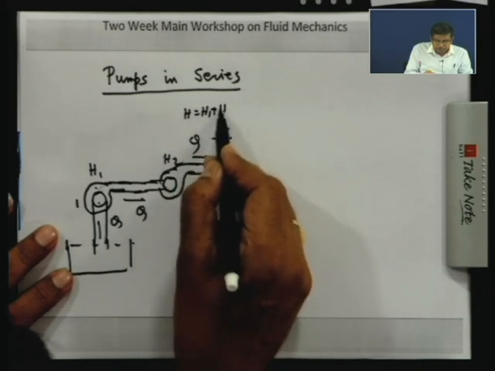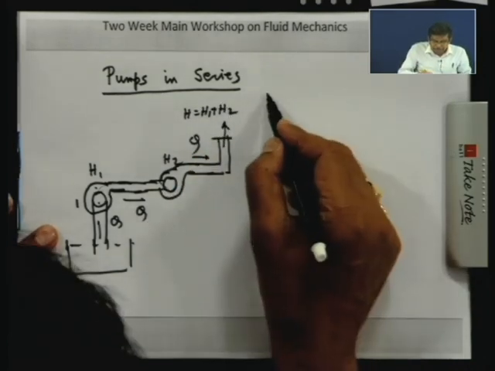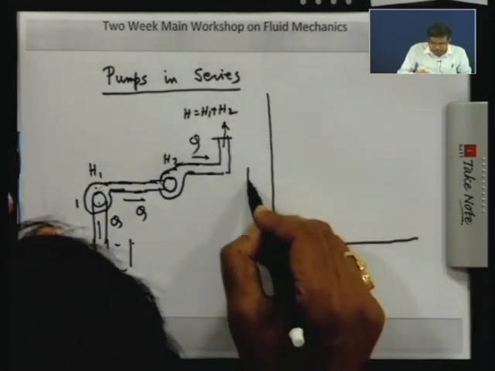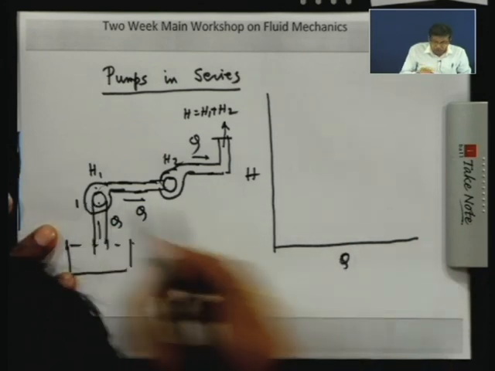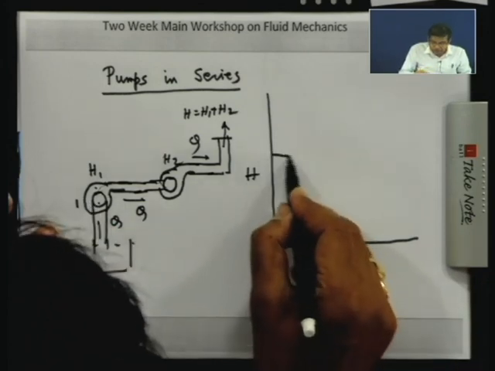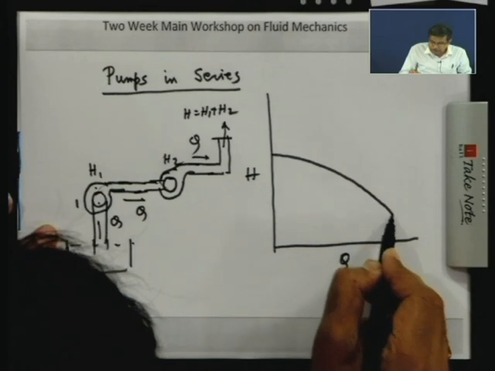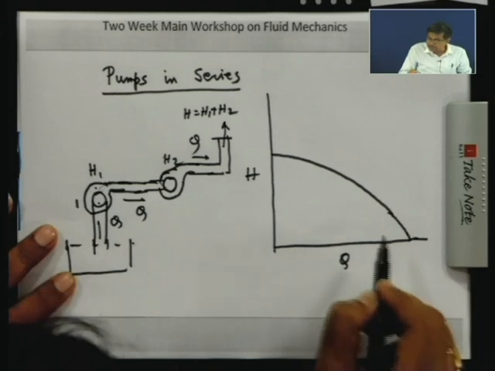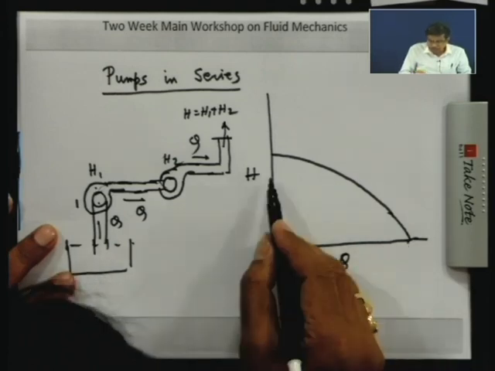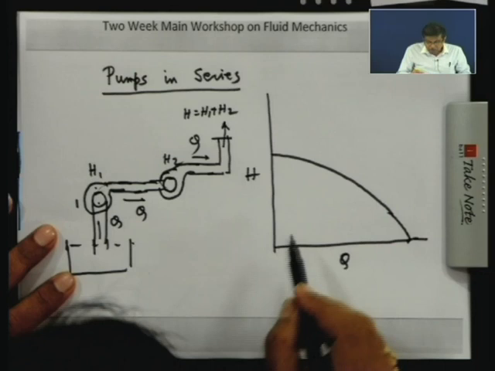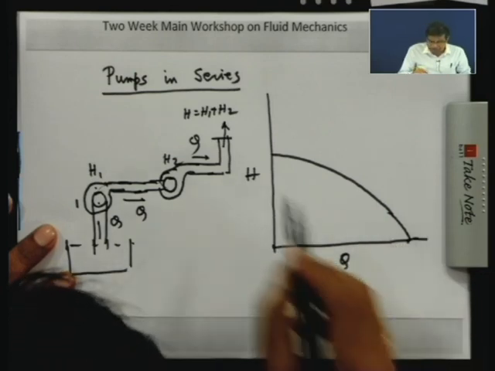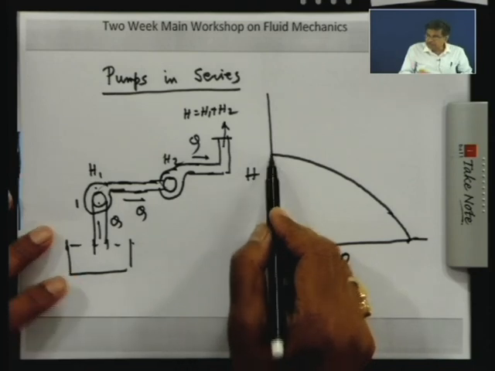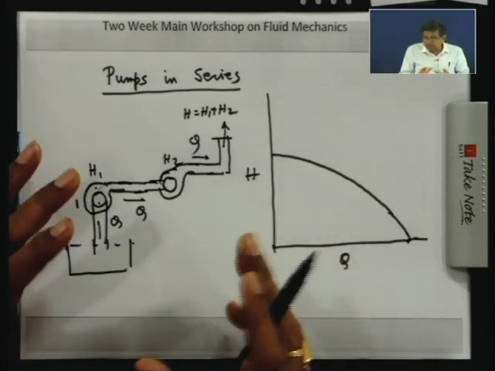H1 plus H2. Now, how do we make the characteristic of these two pumps together? It is very simple. If you make the head-Q characteristics for pump 1, let us have this HQ characteristics. Okay, let me draw this; somewhere it will be 0. This has an implication: when Q is 0, this is not the frictional head, that is different. Even though Q is 0, there is a head developed, which you have to understand, that in a centrifugal pump, when the flow